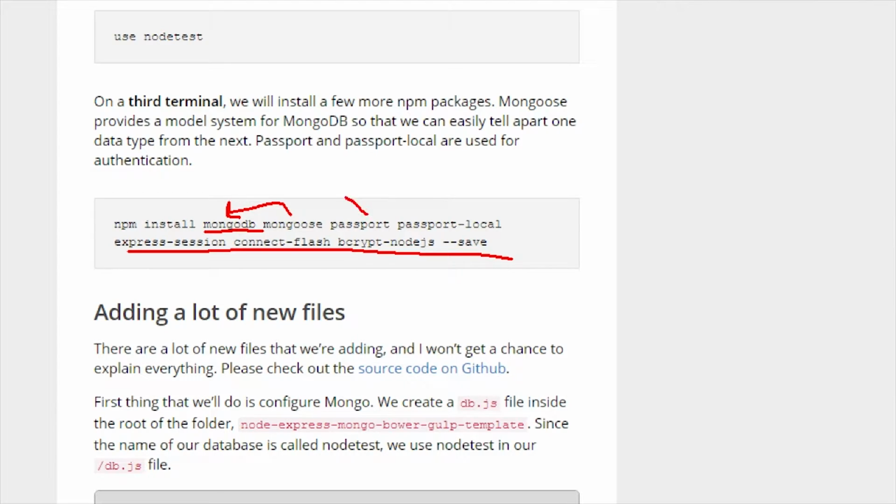Passport is used for authentication, and Passport Local is used along with Passport to provide sessions. Express-session works with those three to assist with the sessions. Connect-flash is for errors. Not just for errors, but more like messages between requests. bcrypt-nodejs: you want things to be secure, so we use bcrypt for the hashing. And that's about it. So we can copy this command,